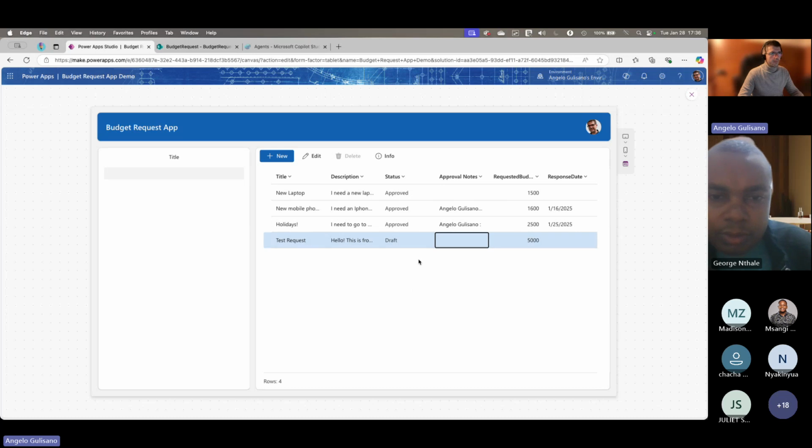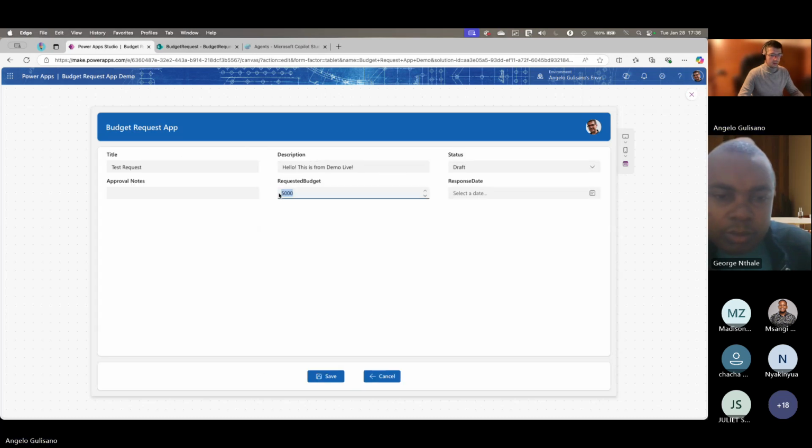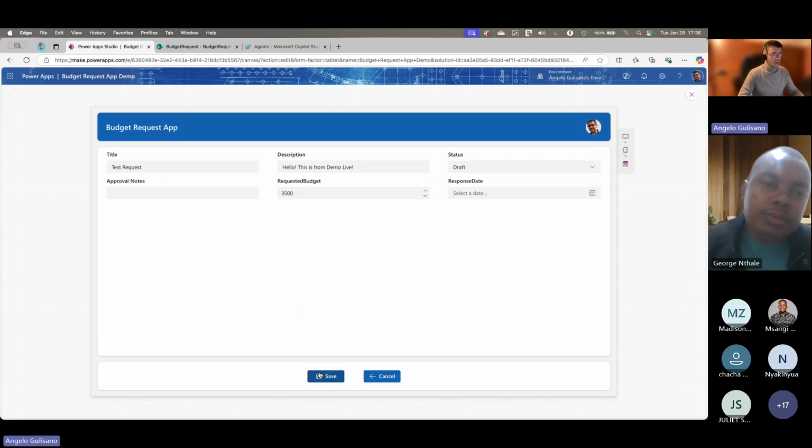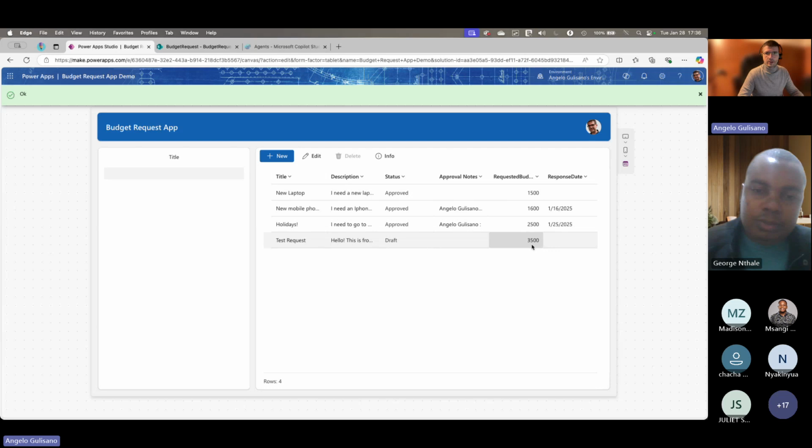In the same way, if you select this one and you do edit and change, for example, the requested budget, it also updates the record. Basically, we have built our app for this quick demo.